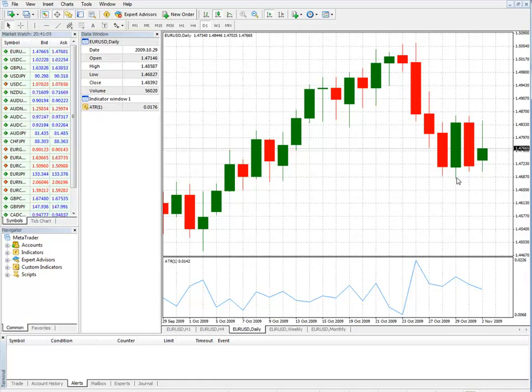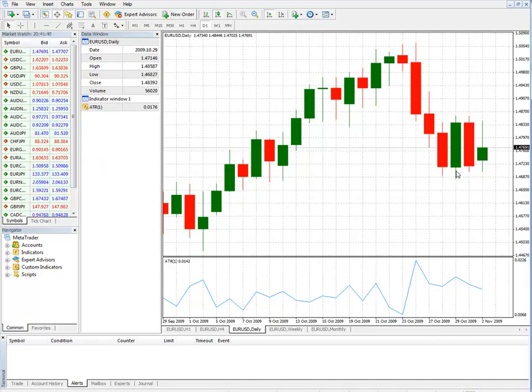Okay? So let's take a look. That's 176 pips, and that is near our risk parameters. What we'll do is we'll buy on a breakout of this bar plus 3 pips, and we'll sell on a breakout of that low